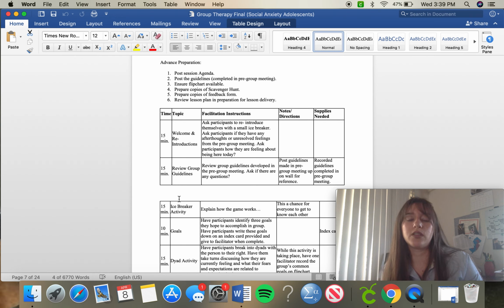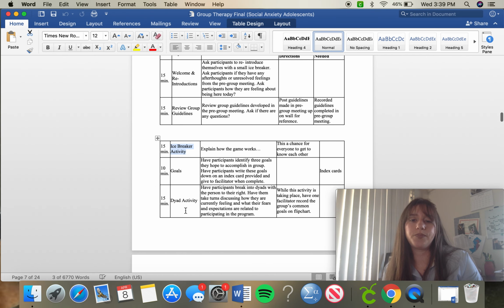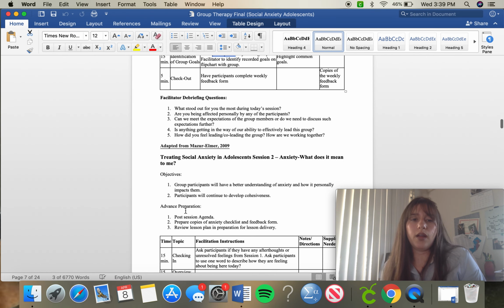So for example, right here where it says icebreaker activity, they had a specific activity in there, but it was a scavenger hunt of trying to find other people with the same likes as you. That might not be applicable for all populations, but of course, probably for adolescents, as mentioned before, to see that other people are the same as them, that they have the same struggles and even the same likes and things like that, to get them more comfortable in the group. So facilitator debriefing questions.